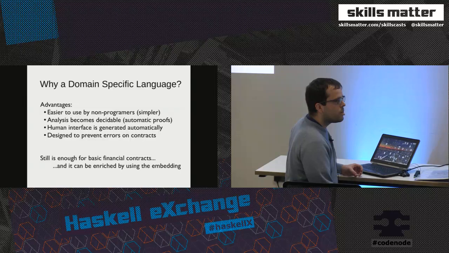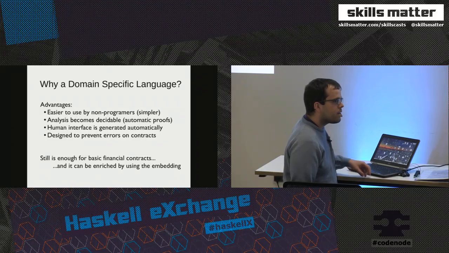So why do we care about the domain-specific language if we have general-purpose programming languages for smart contracts as well? It turns out there are several advantages to having a domain-specific language. It is quite simpler to use, so we can expect even non-programmers to use them.